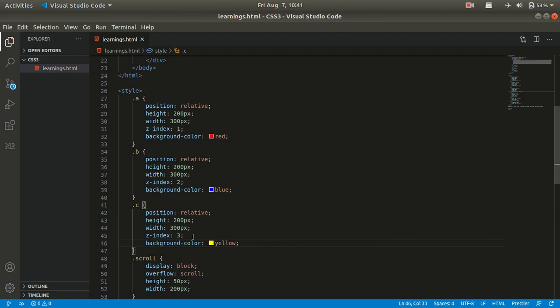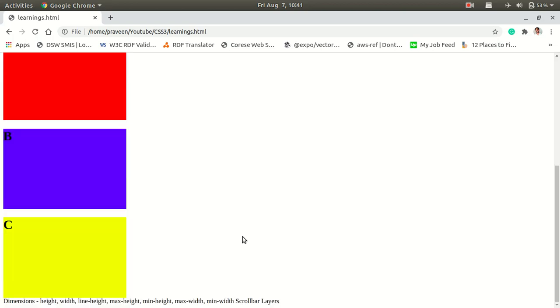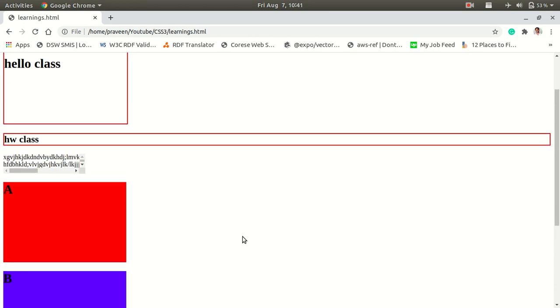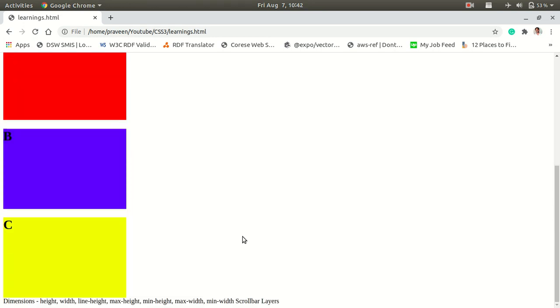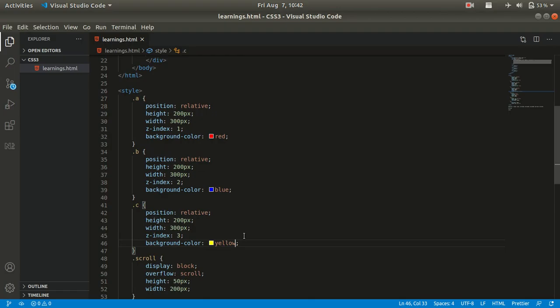Right guys, refresh. Yeah, to check out these layers overlapping each other,